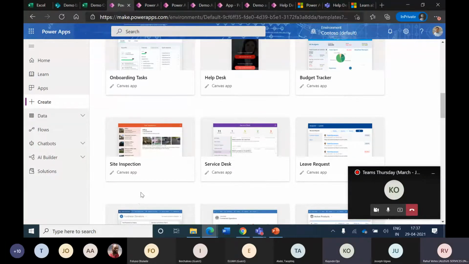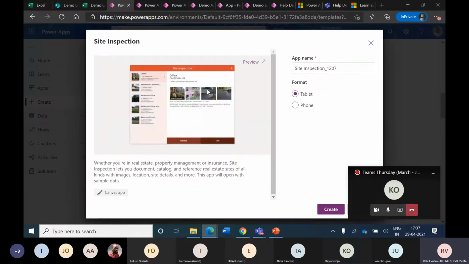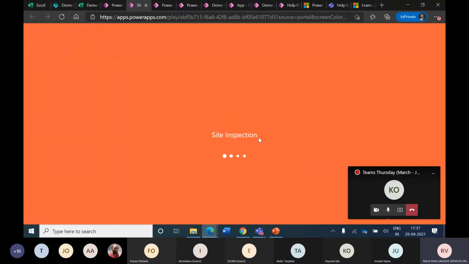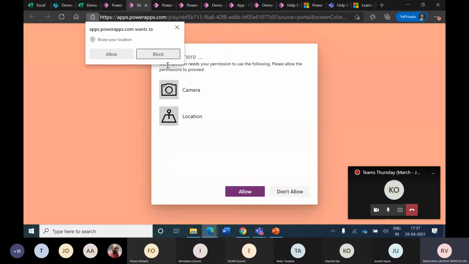Yes, it does. The answer to your question is yes. If you see here, I have a sample app as part of the app template named Site Inspection. If we just go inside, you can see this app has these images appearing as part of it. This is a very much required use case where you have some inventory where it is required to store an image of the item. So that should work very well. Let's take a look at this.